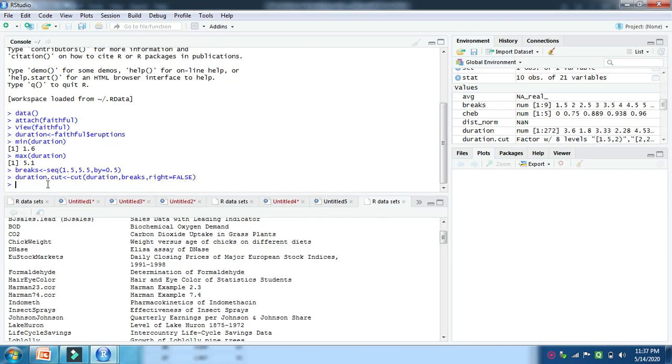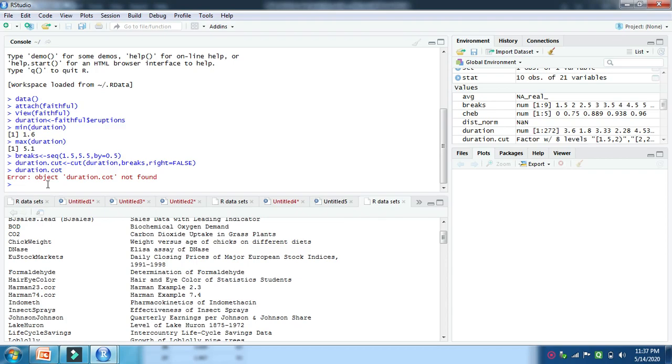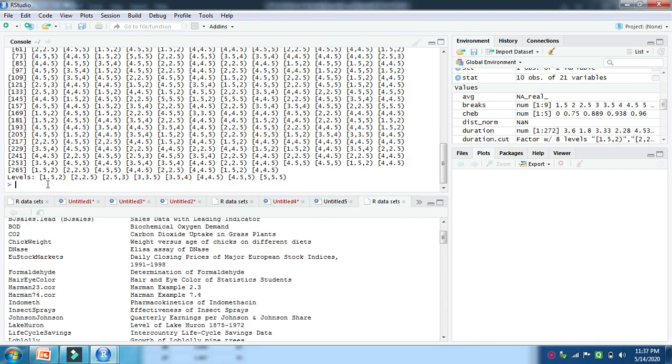I will discuss later what right equal to FALSE means. Here you see the left-hand side is a closed bracket and the right-hand side is an open bracket. A closed bracket means the value is included in the particular class, and an open bracket shows the value is not included in the particular class.